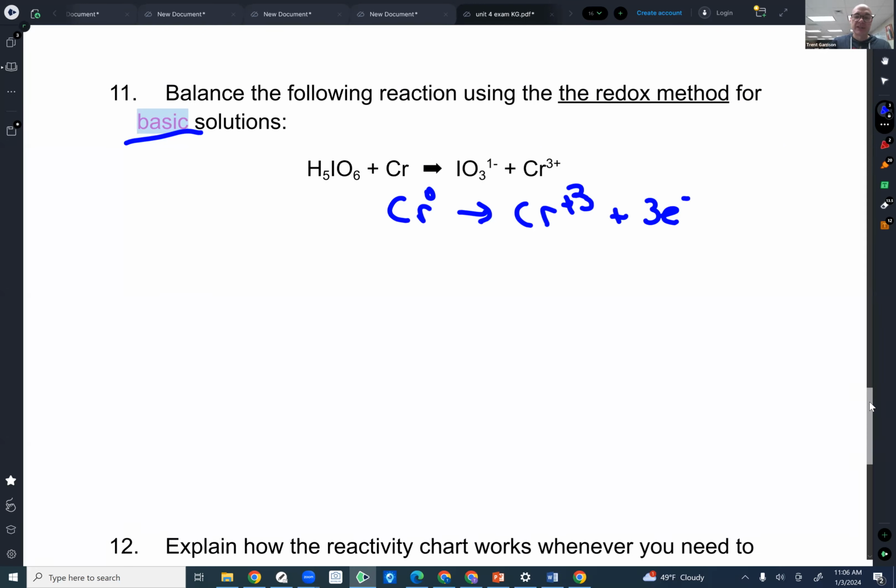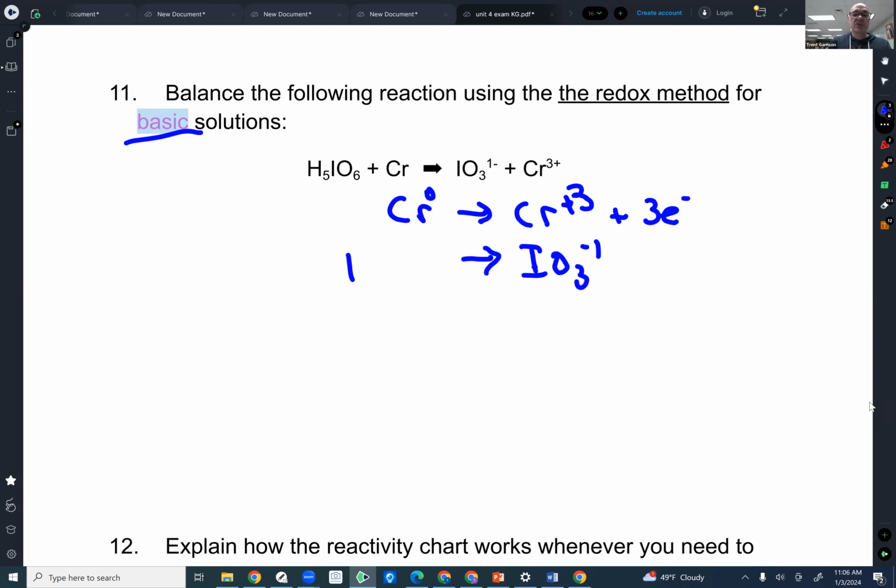Now it's balanced. IO3 minus 1. Whoops, it's on the wrong side. Let me write that on the other side. IO3 minus 1. And I have H5IO6 on the left side. Okay, my iodines are balanced, so they're okay, but my oxygens are not, so I'm going to add 3 H2O